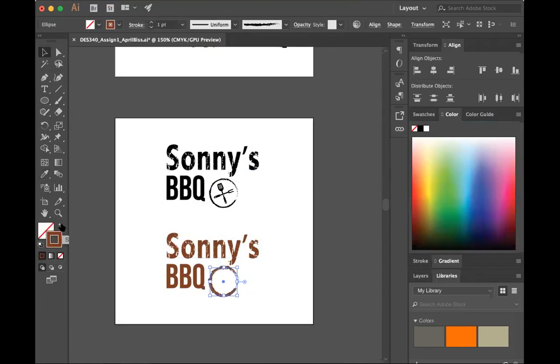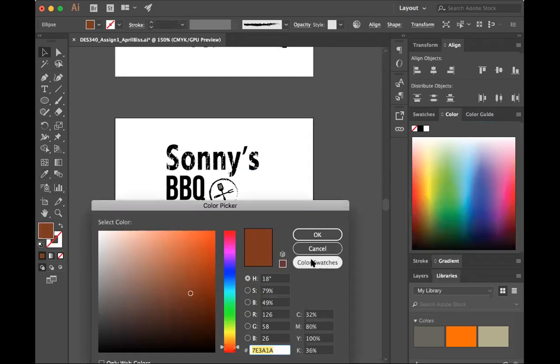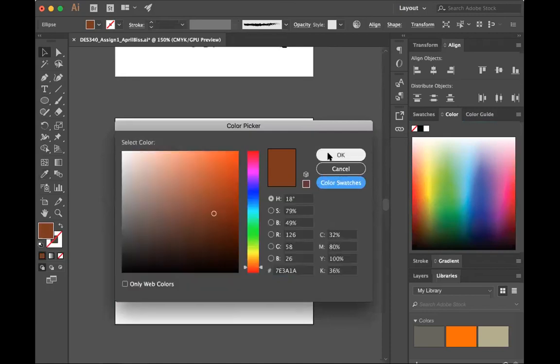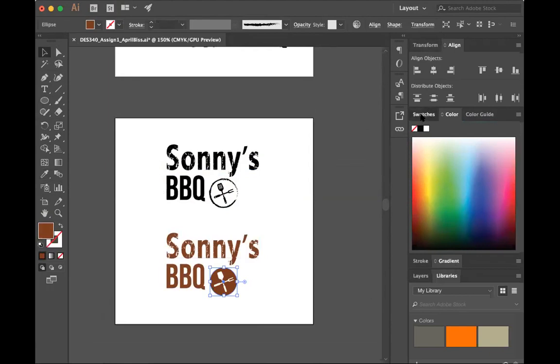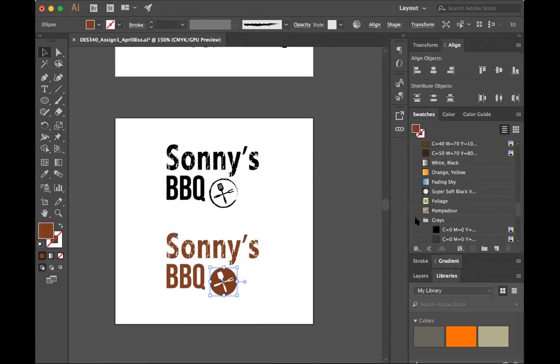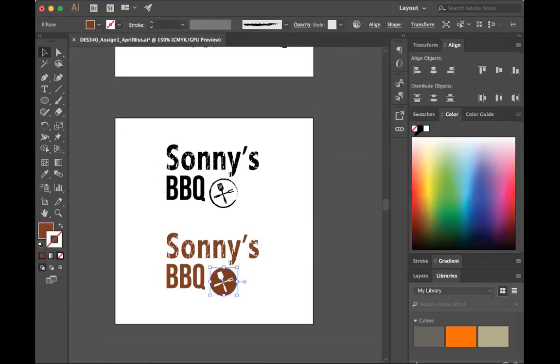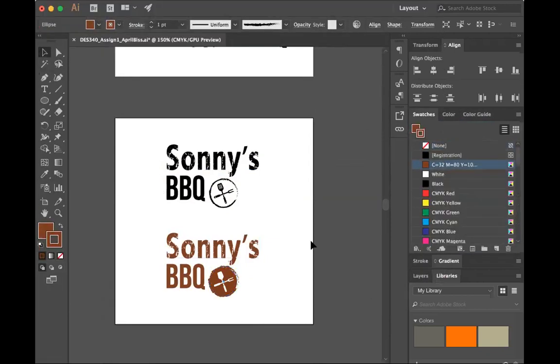All right, I'm going to make this a swatch here, my colors together. There we go. So I just want to make this that same color.